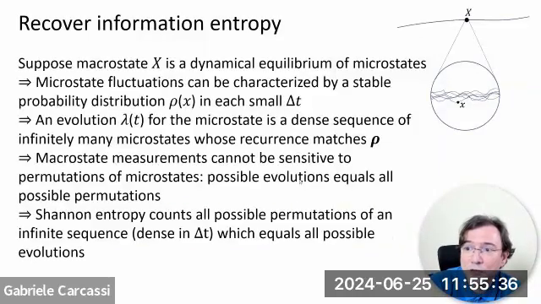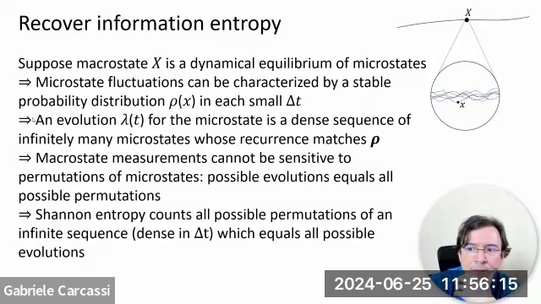Now, the other thing that we need to recover is the idea of information entropy, because this is what is being used in the other approach to statistical mechanics, the maximum entropy, when you take the distribution and maximize the entropy. And so how do we recover that? Well, suppose that a macrostate is a dynamical equilibrium of some microstates. So the microstates are fluctuating, but we consider this macroscale as a single state. The macrostate fluctuation can be characterized by a stable probability distribution rho in each small delta t. So you have an equilibrium, you have small delta t, things are jiggling around,